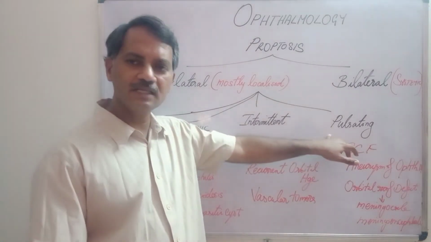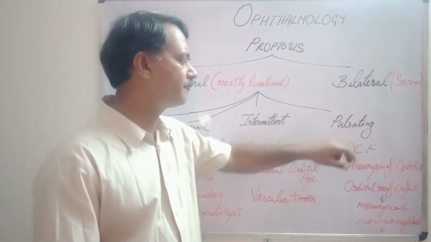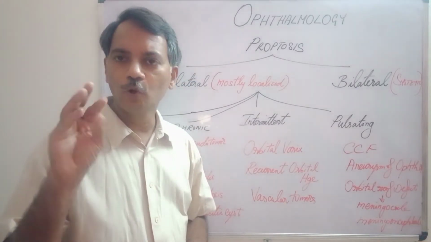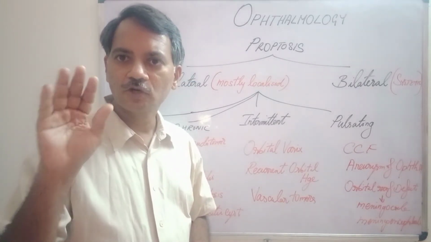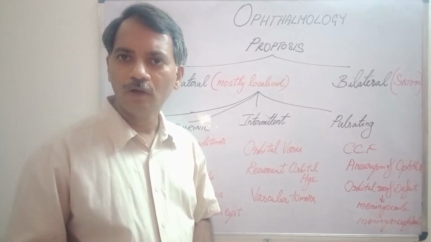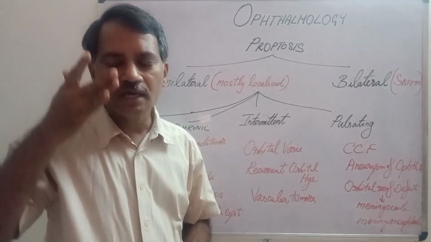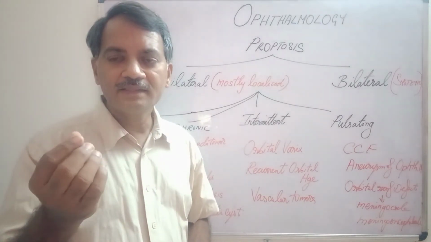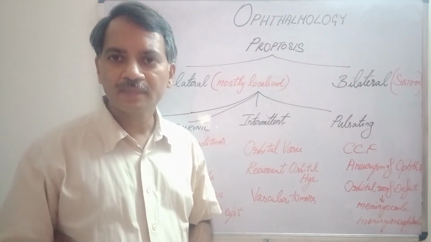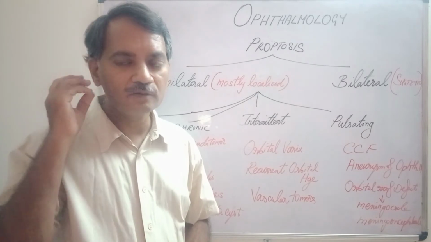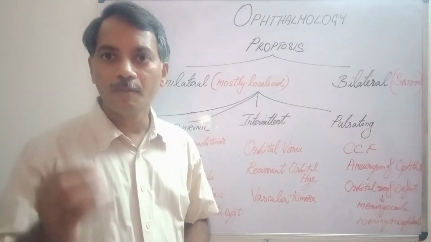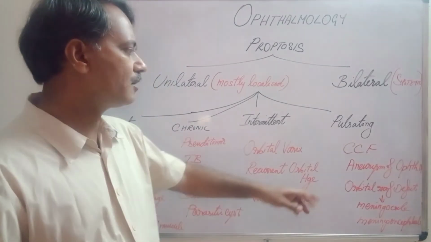The most interesting thing is the pulsating type of proptosis. The globe will pulsate. So this will come and go. When you see such a pulsation, if you touch those eyes, you can feel a thrill, that is called orbital thrill. When you listen with the stethoscope, that is called bruit. So the common causes are